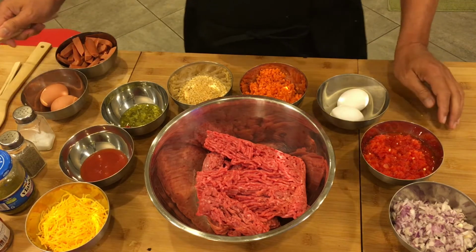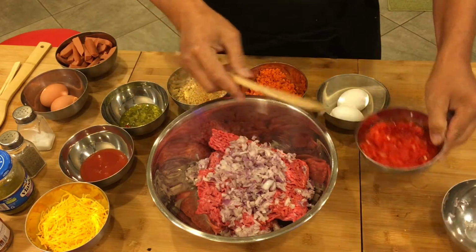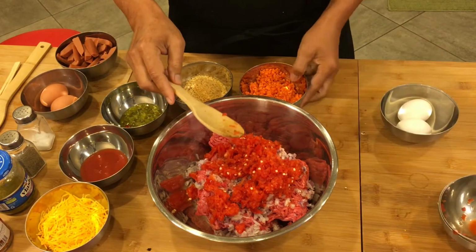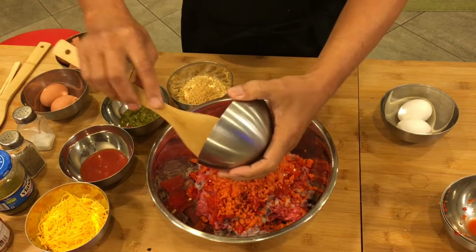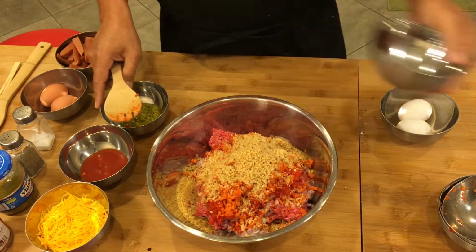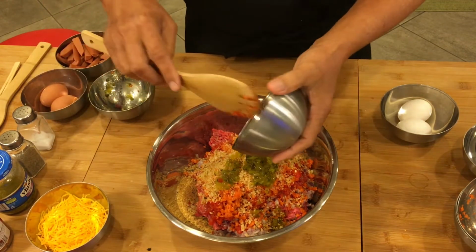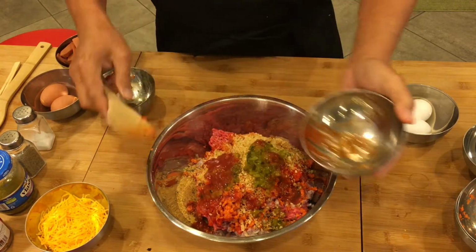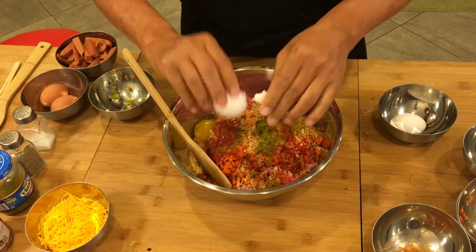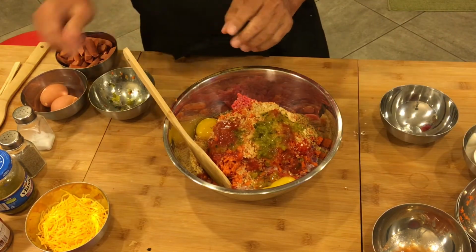Okay, let's do the mixing of the ingredients. Let's put our onions, red bell pepper, carrots, breadcrumbs, sweet relish, tomato sauce, and also we're gonna put our eggs, 2 eggs, and then we can add now our